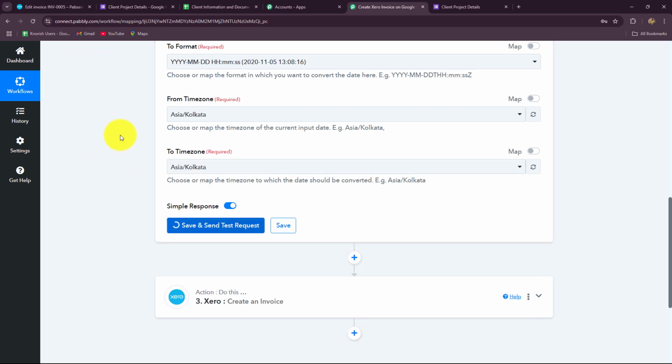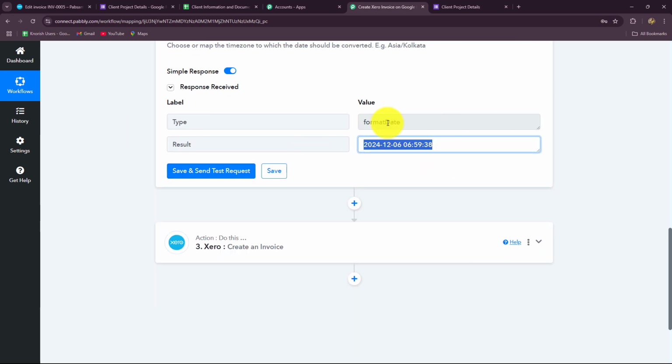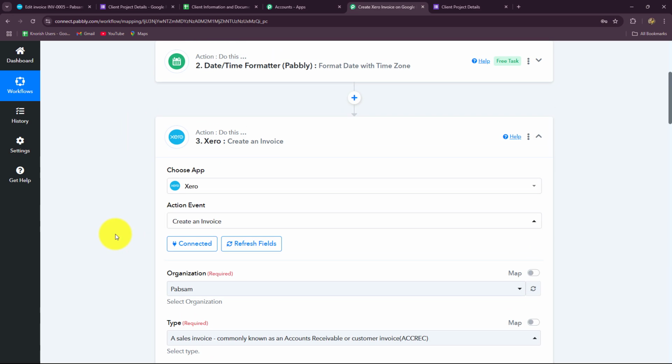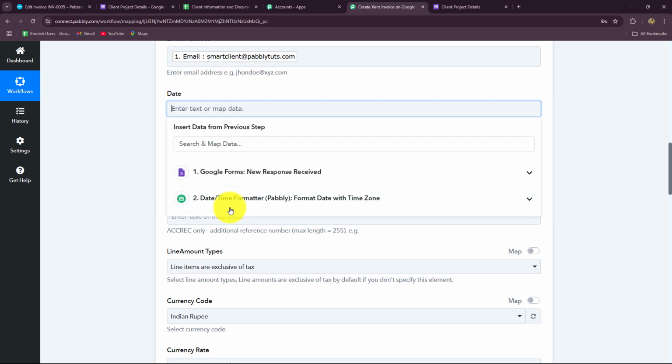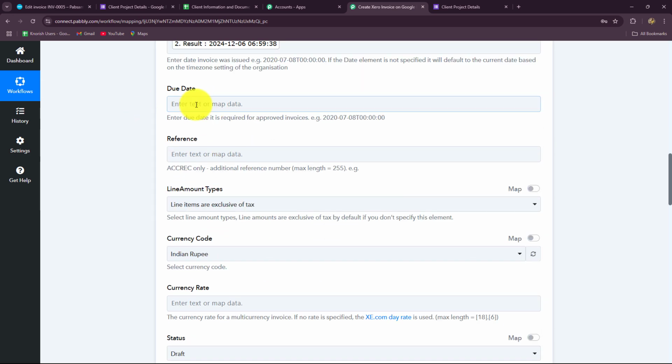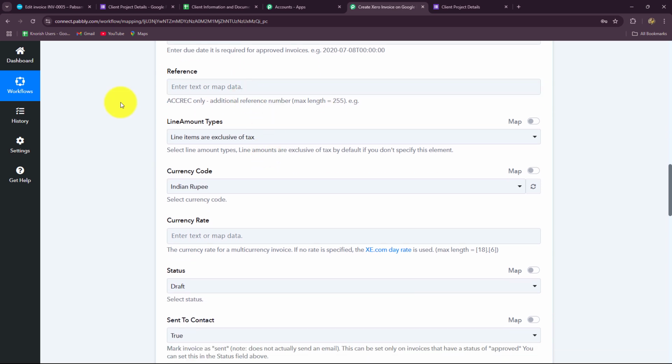Let's click on save and send test request button, and here we have received the response in the correct format of the date and time. So now let us simply map that. Done. Now if you want, you can enter the due date as well. I'm going to ignore this field. The reference also you can enter through which you have received this client or through which you are creating this